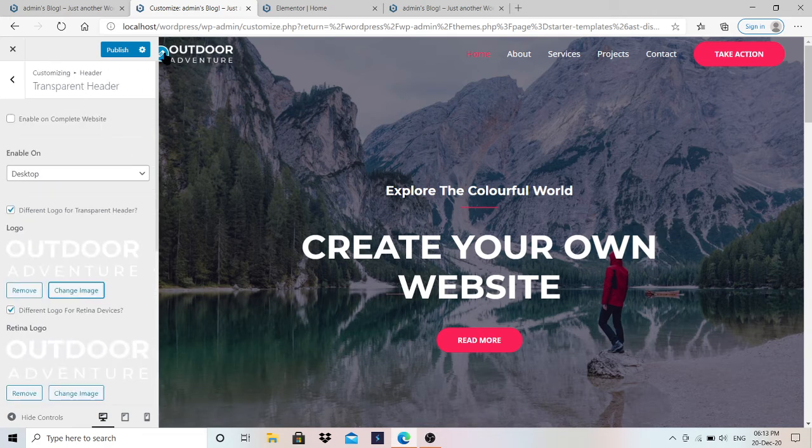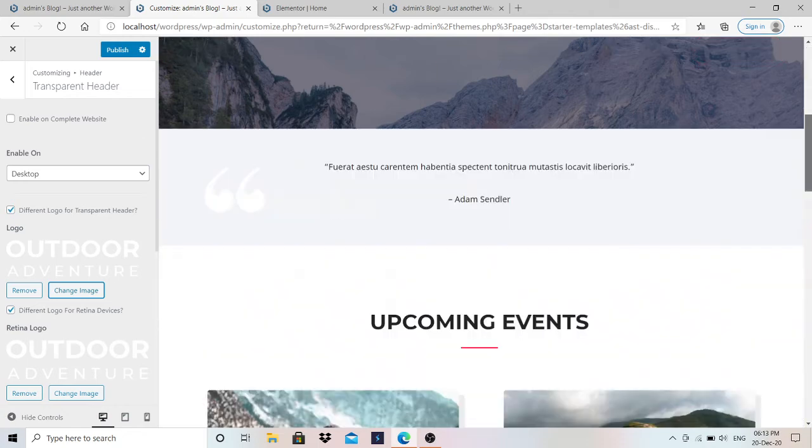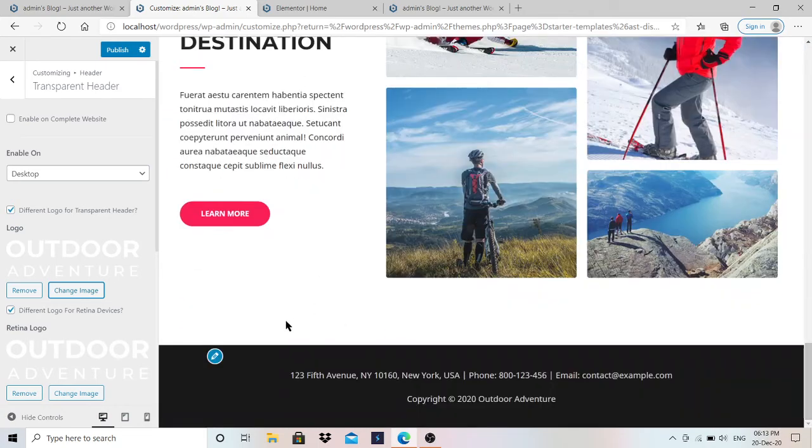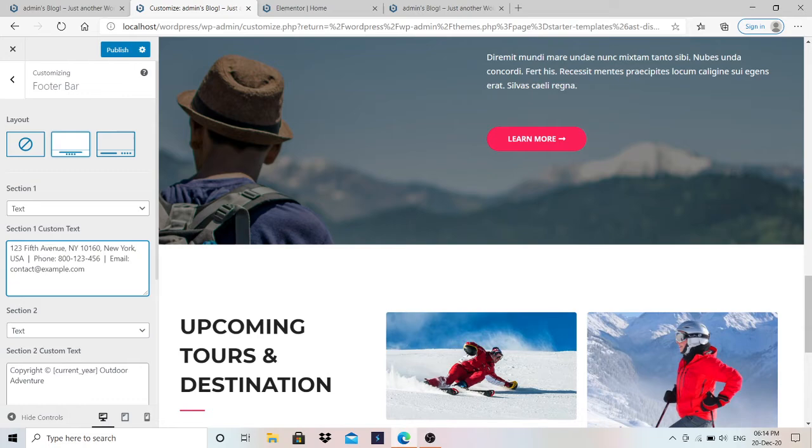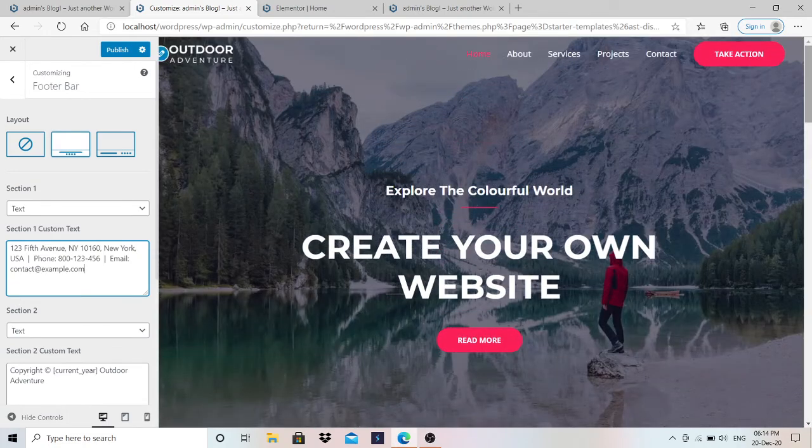As you can see, your option, you can change it from here. Logo also you can change from here. And in the same way, you can go down, and here is the option to change the footer. So click here and change whatever you want to write. You can write here in this way. So we know how to change this website also.